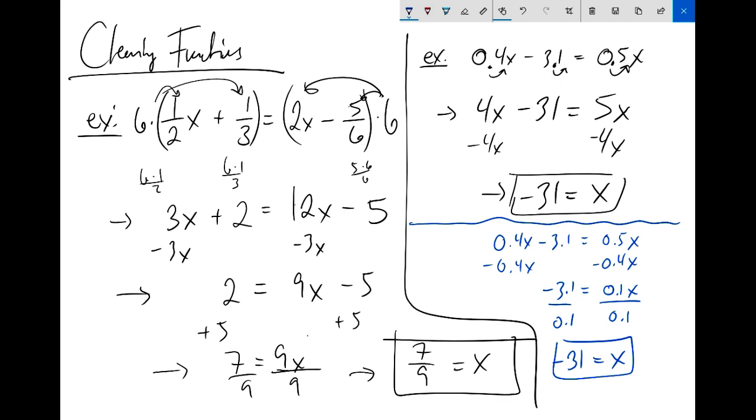You want to use the 4 to get rid of all that. Yeah. So this is 4